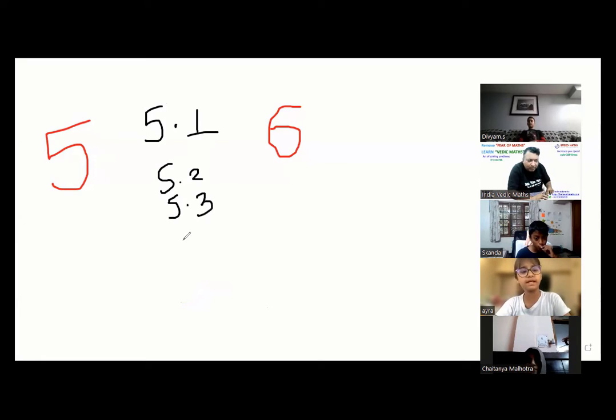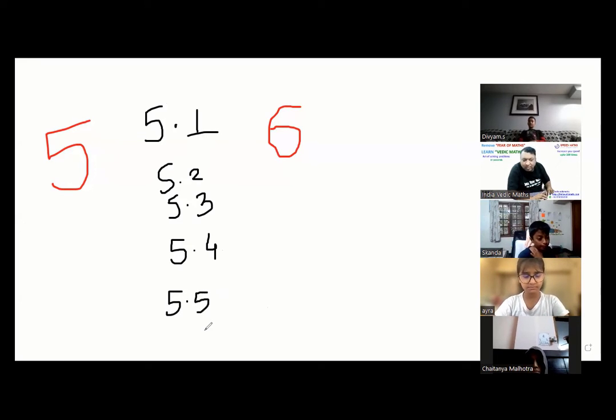So it should be the next number of the whole number. Exactly. Very nice. Cool, everyone. Very good, Ira. Good question. Chaitanya, yes. Similarly, if I say my number is